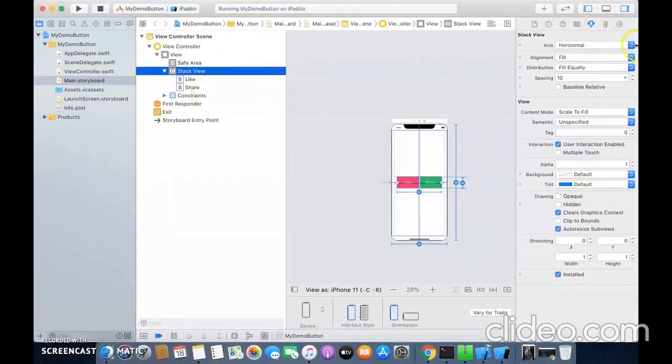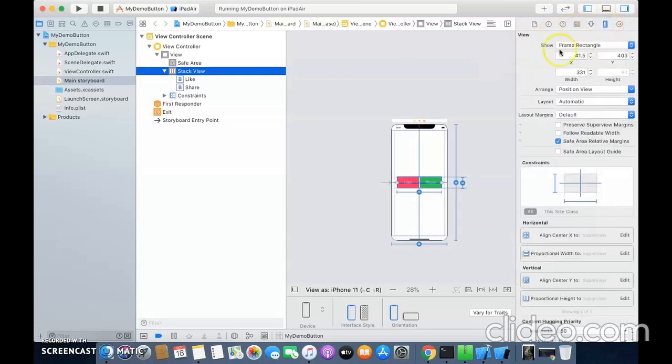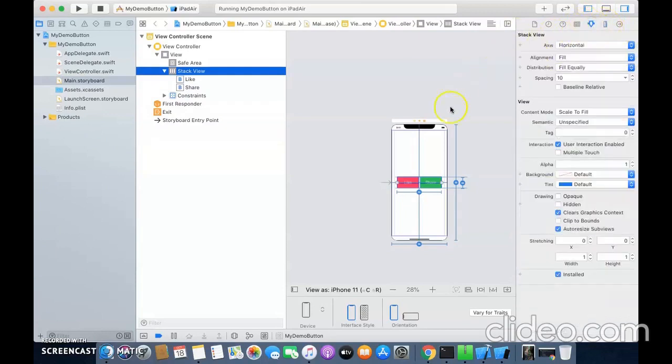We have selected the stack view and, going to our attribute inspector, we can see that we have different properties like axis, alignment, distribution, spacing, content mode. Content mode is a property of a view, so we don't have to discuss all these, but these are the main important properties: axis, alignment, distribution and spacing.